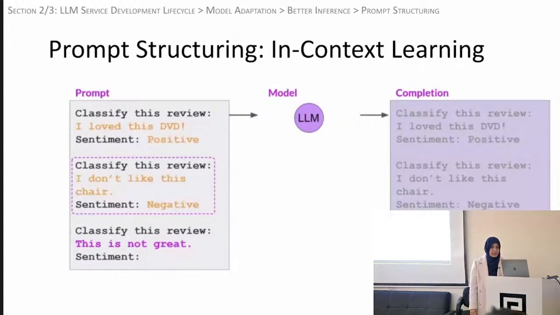All right, and the next thing, other than tweaking parameters, is to actually change the structure of the prompt. There are some very well-known techniques that you can use to write better prompts. One of the very popular choices is in-context learning. This is where you are providing examples of the task in the prompt itself, similar to how we provided prompt completion pairs in instruction tuning. Now we're not tuning the model, we're just giving it a prompt, but we're showing it to answer like this. We give it multiple examples, and that increases the chance that it will get the task right.